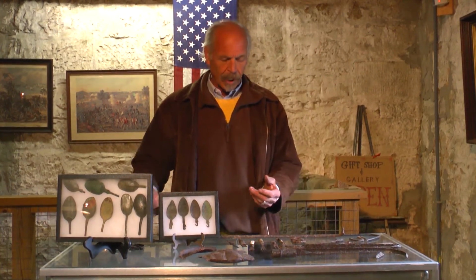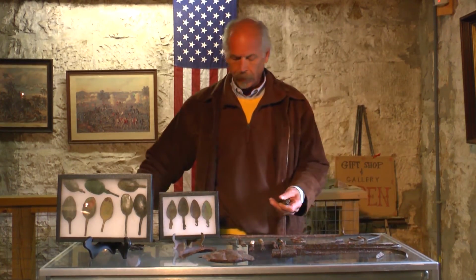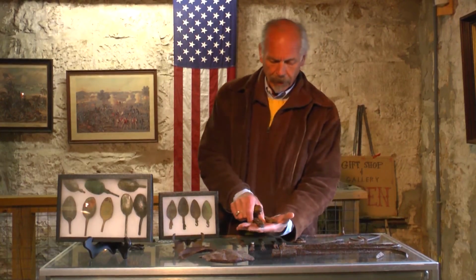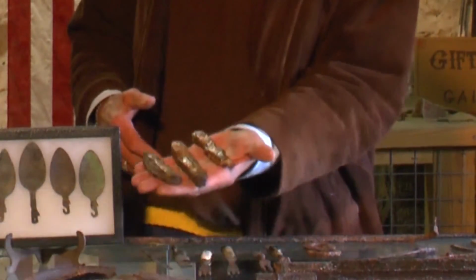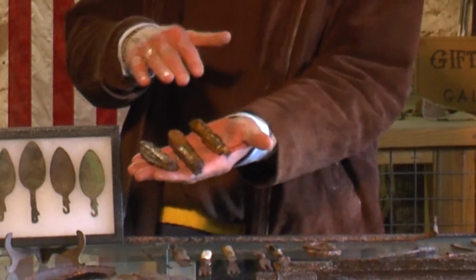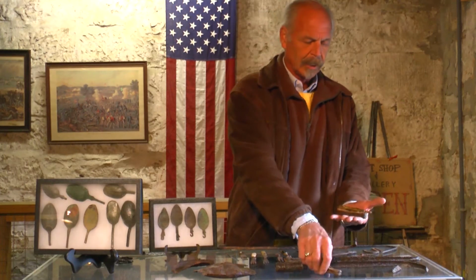And it's subject of knives. Then you get into pocket knives. That's a very common find in the Civil War camps. Here's three of them. So if you want to know what kind of pocket knife somebody was using in the 1860s, here they are. If you want to know what kind of pocket knives people are using in the 1700s,